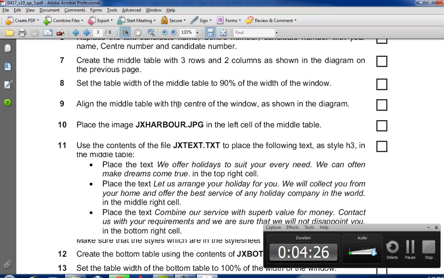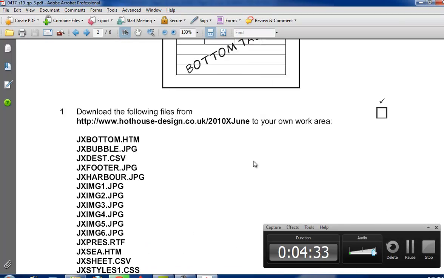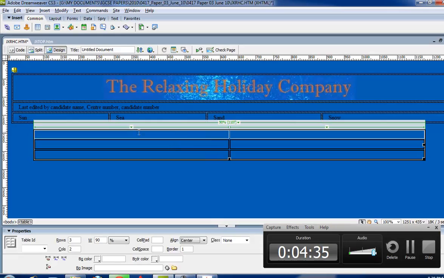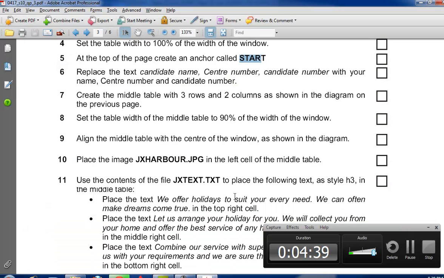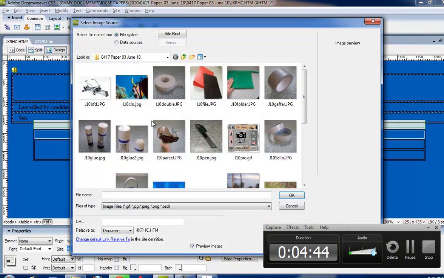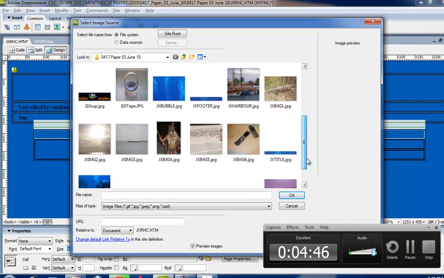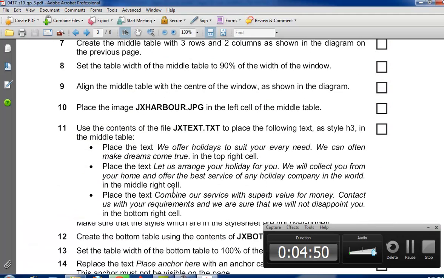Align the middle table in the center of the window as shown below. Place the image on the left of the middle cell, which means over here. So we need to merge them. So I select this and I merge, and I need to insert JX Harbor over here. So JX Harbor, there you go. Right. Next, use the content of